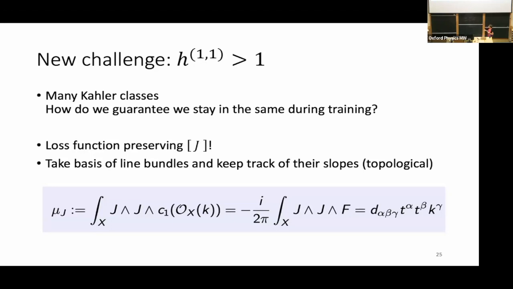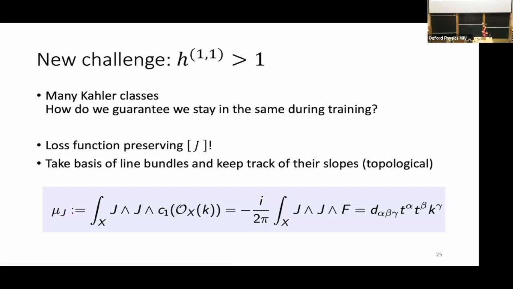So instead, what we did was to compute topological quantities that depend on the Kähler class, that you can write as integrals of Kähler forms wedged with certain other things. And that should stay constant if you stay in the same Kähler class. So what does that mean here? Here I'm writing the formula for the slope of a line bundle. So this is a bundle over the manifold,